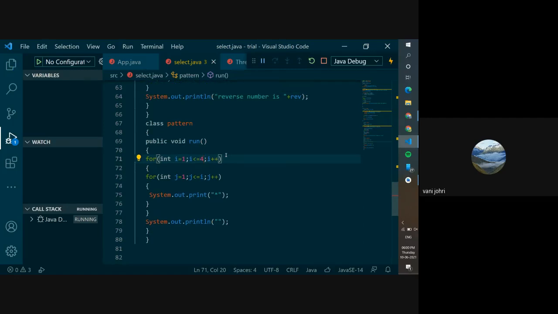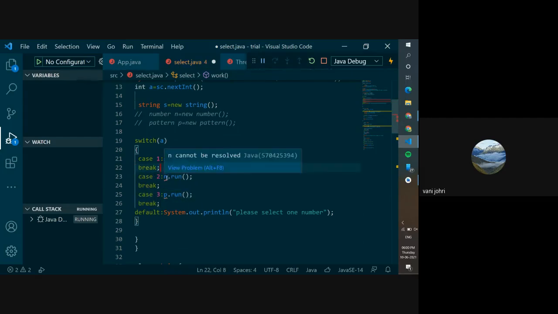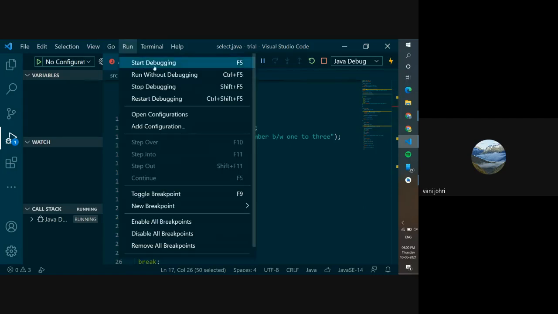Let's see, I think this should work. We will figure it out. I'll uncomment all this. Let's try running it and see if there would be an error. It will just pop up.